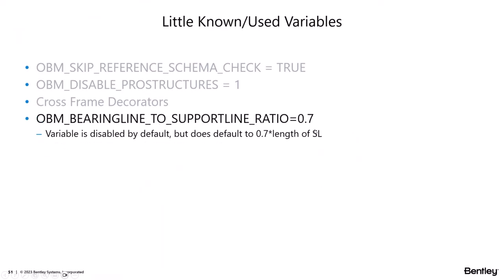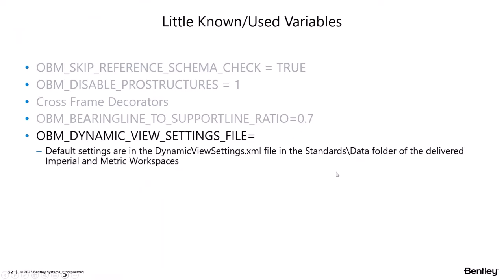OBM bearing line to support line ratio. This came out just 2 or 3 versions ago. It's disabled by default, but if you set it, the default length here is 7/10 of the length of the support line. That's how long the bearing line will be. So instead of them being the same length all the way out, you can shorten those bearing lines up a little bit. The dynamic view settings file,